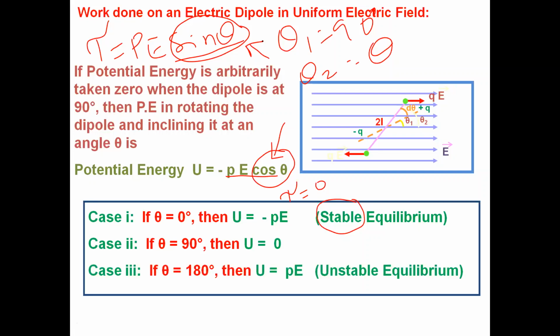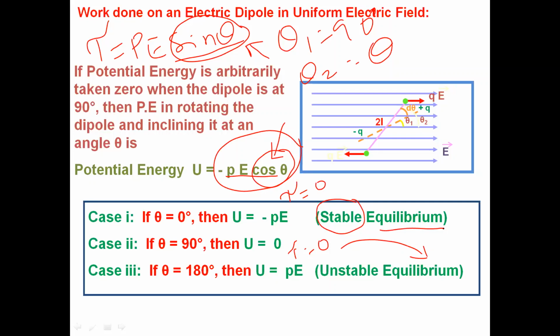Case 3 is what happens if you keep the dipole anti-parallel to the electric field. That is, if it is making an angle of 180 degree, cos 180 we discussed, it is nothing but minus 1. So if you substitute cos 180, then the equation for potential energy becomes PE, which is the maximum potential energy. And what is sine 180? Sine 180 is 0. So torque will be again 0. As I told you in the beginning, when torque is 0, it corresponds to equilibrium. In both case 1 as well as case 3, torque is 0. That is why we are writing equilibrium.